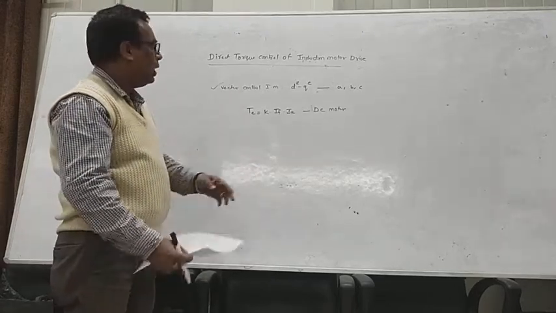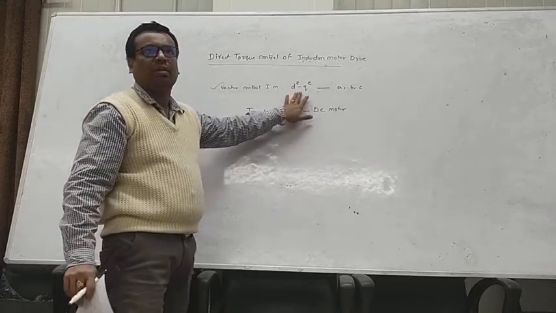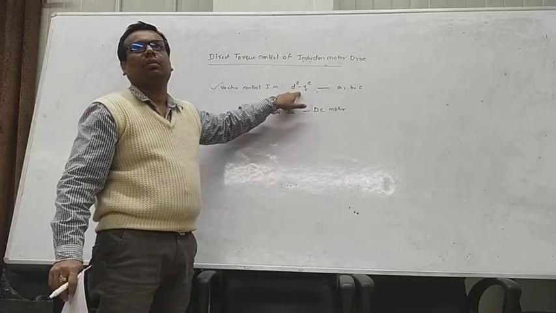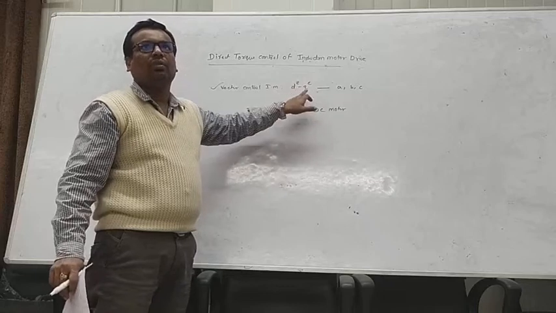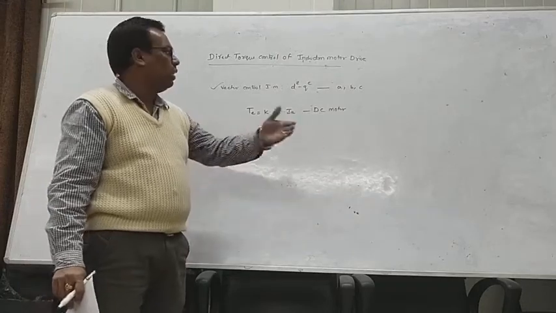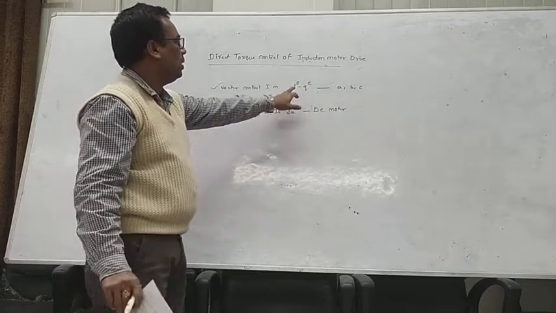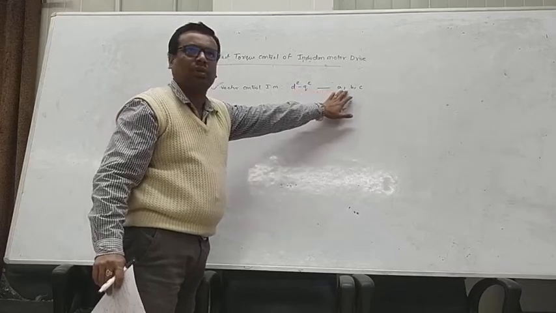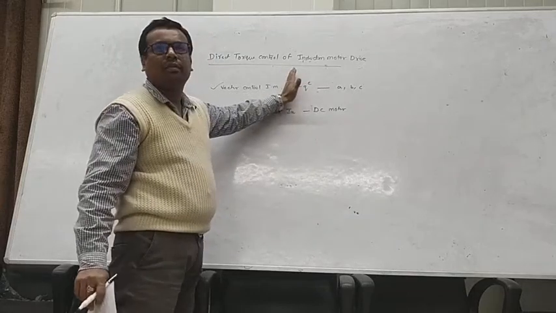But the problem here is that we are converting between the rotating and stationary reference frame variables. D^e and Q^e are the rotating reference frame variables, and in this D^e, Q^e rotating reference frame your induction motor becomes like a DC motor. You are then converting to the stationary reference frame variables. In the direct torque control of induction motor drive, this transformation is not required.